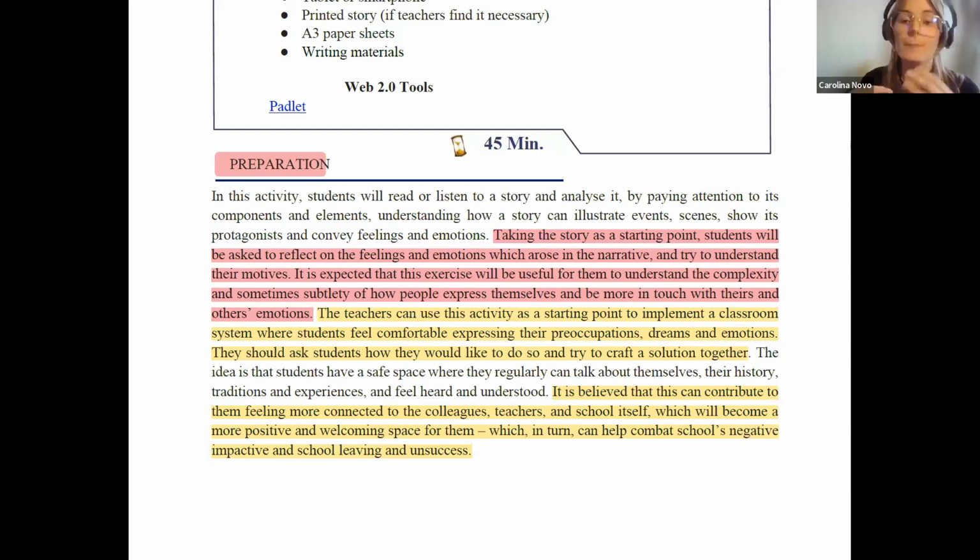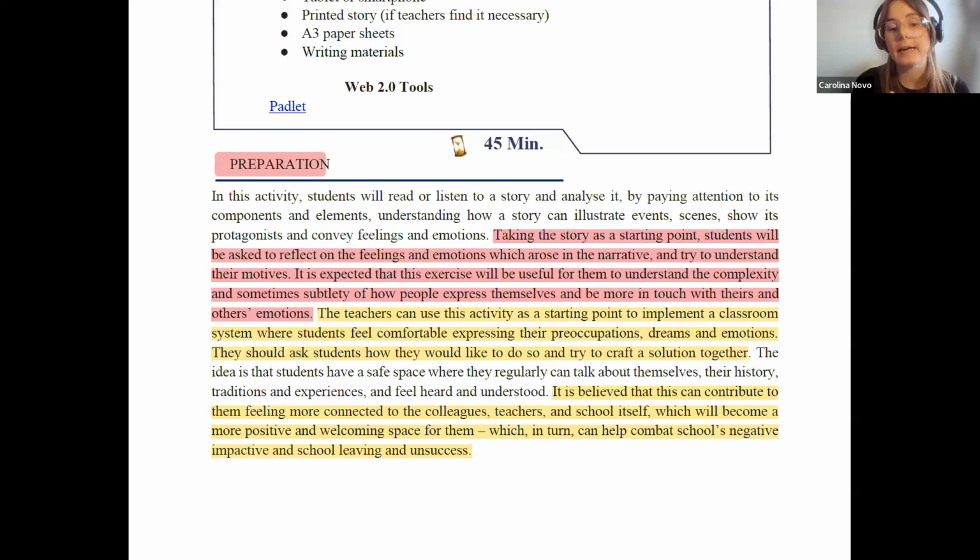And my idea with this module was also that teachers can then use this activity as a starting point to implement a classroom discussion or focus group, where students can also talk about preoccupations, needs, and feelings about school.